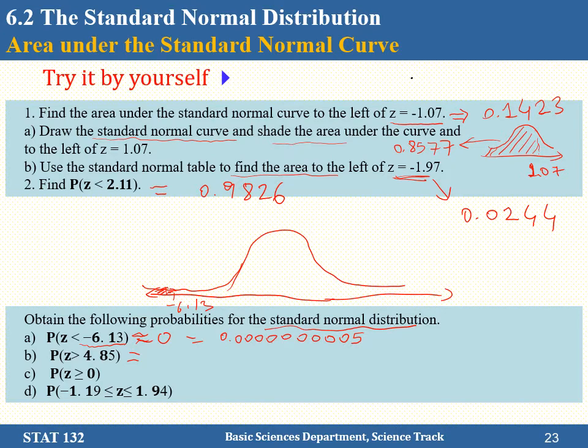I'm not sure if it is included in the tables, because this is a huge value, 4.85, and it's almost 1. It's about here, 4.85. So this area here is almost equal to 1, because this part here is almost like 0. So this has to be something. This one is again bigger than it says, so it has to be